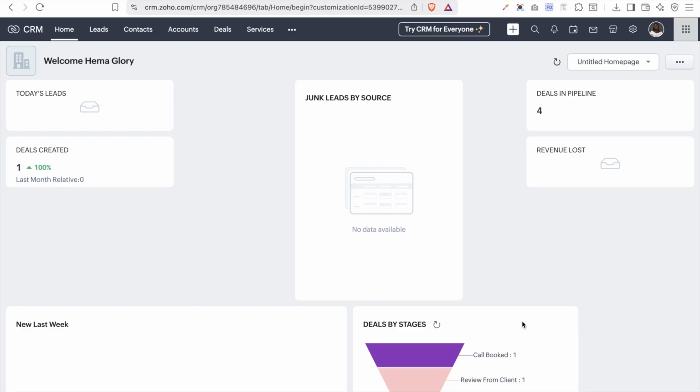and you will also notice that Zoho CRM is going to become a bit easier when you set up this